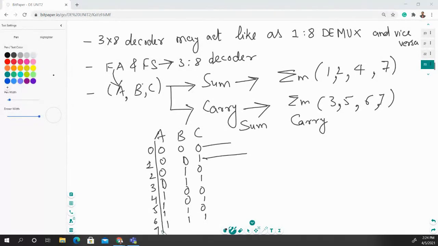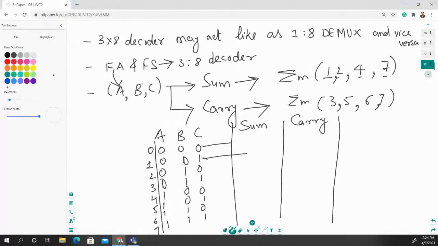All of you quickly give your response so that we can complete this adder part. This is a full adder. This is not a half adder. This is a full adder, so it will add all the values. So what are the min terms? 1, 2, 4, and 7.